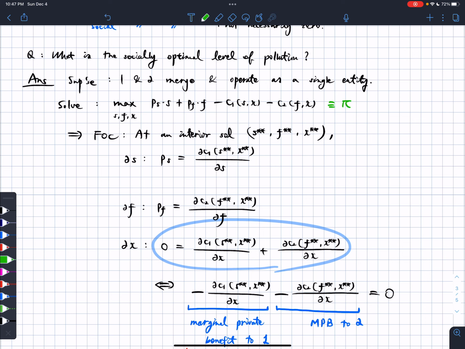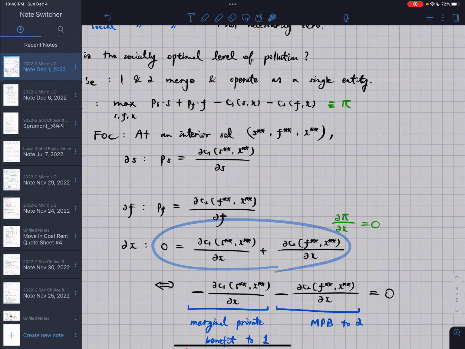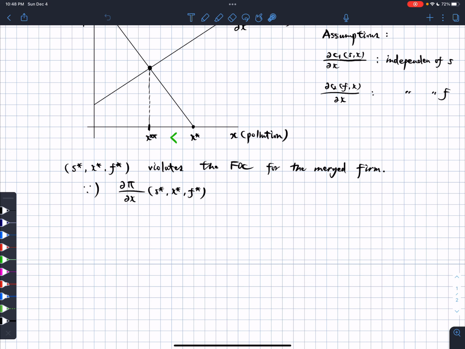That's pi, okay? And one of the first order conditions was this. How did we get this? We differentiate this pi with respect to x and then set it equal to 0, right? So this is what we need together with this. Now let's see if this condition is satisfied when the two firms operate as independent entities. So if I just rewrite,